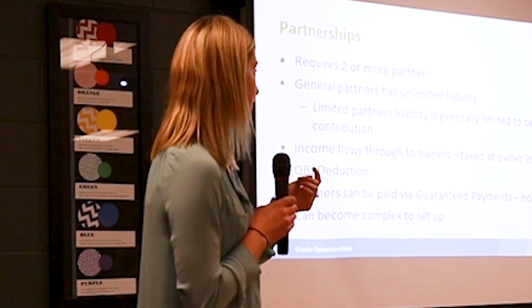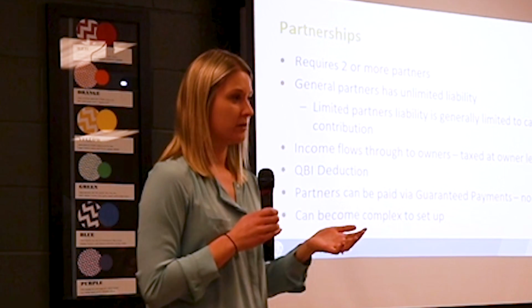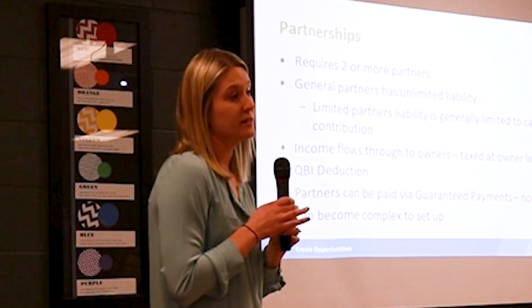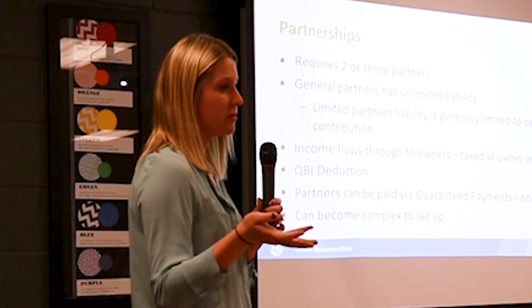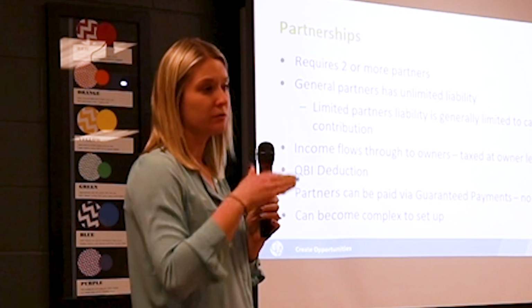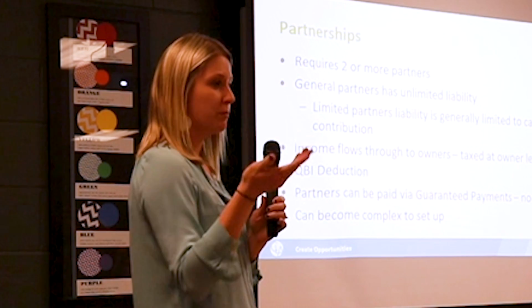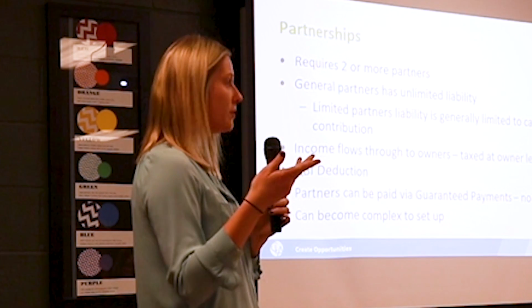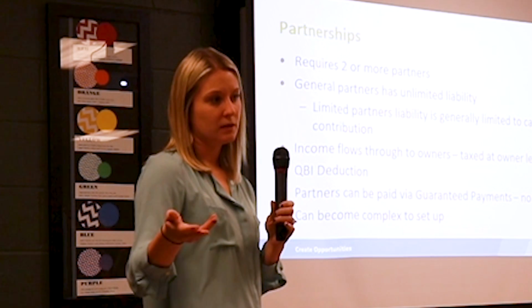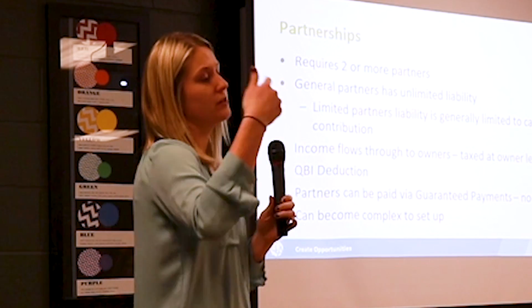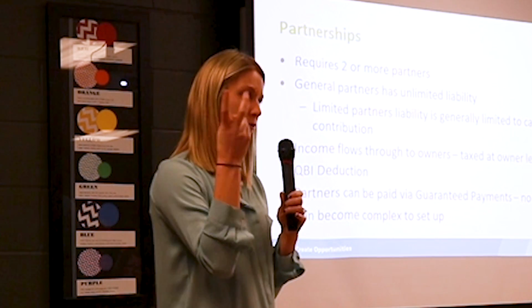Different from the S corporation, there is no W-2 to the partners. You would be paid guaranteed payments, and guaranteed payments are subject to the self-employment taxes. So when those get reported on the K-1 that comes to you, you report those on your 1040. You would pay the FICA, the Medicare, those taxes. You pay the employer and the employee portion, and then you get a deduction for the employer portion because you